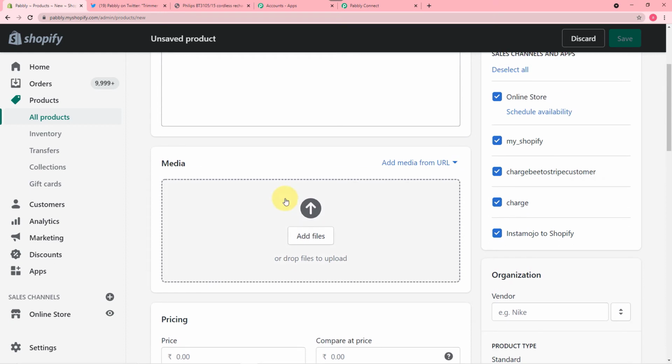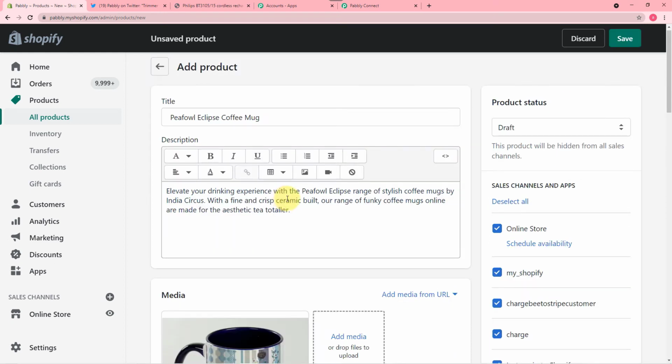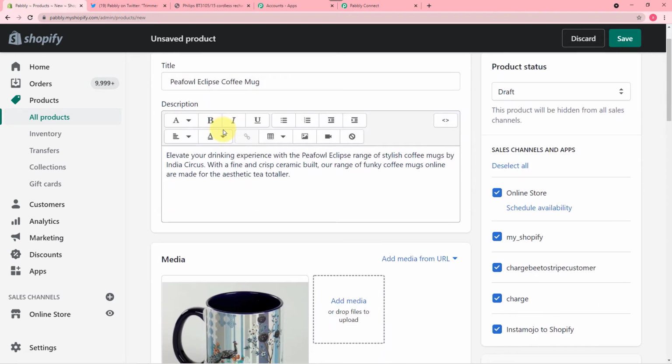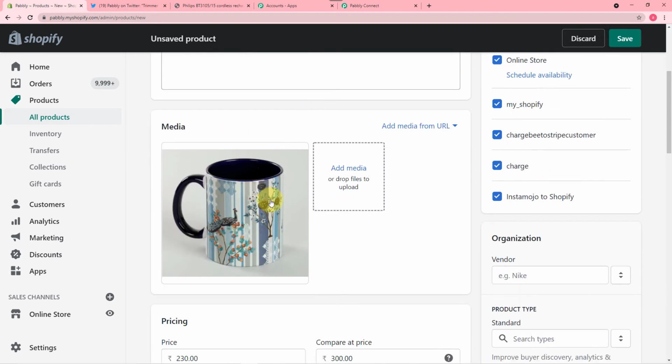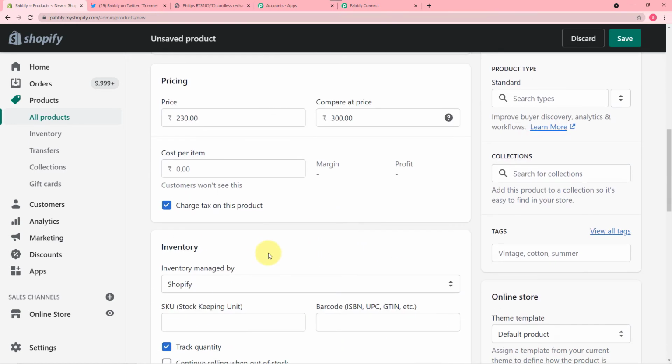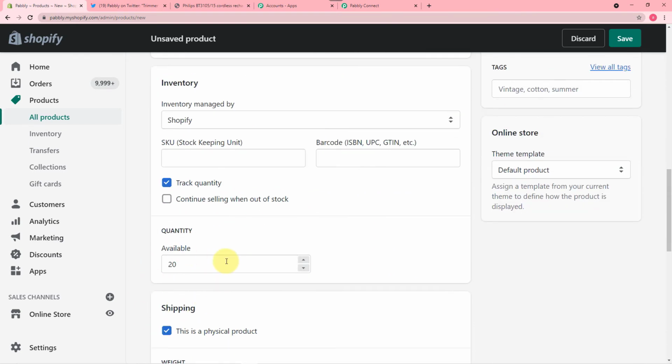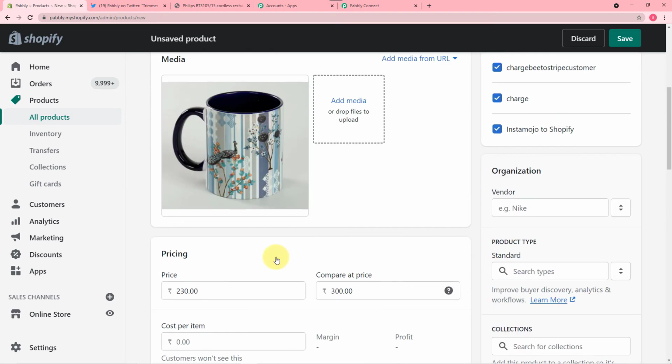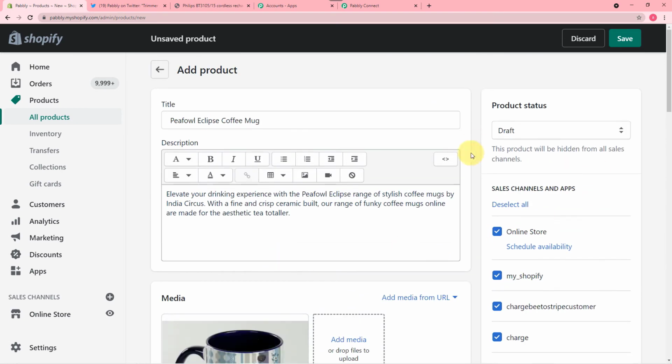So let me fill these things. So I have added a product here which is a coffee mug, P-Fowl Eclipse coffee mug, and here I have added a small description and added a photo of the mug and price, and we have 20 quantity available of this mug. And now I am going to select the product status as active and then click on save.